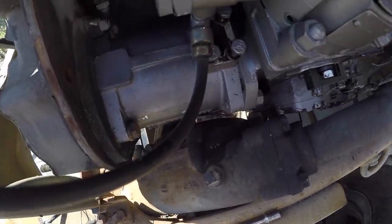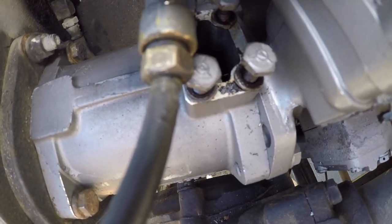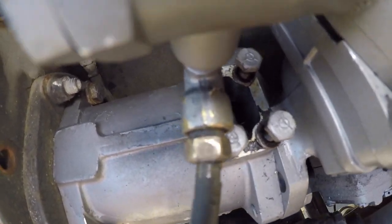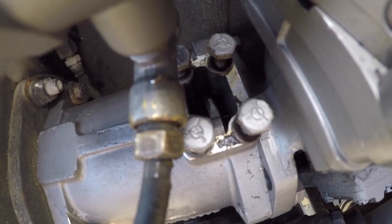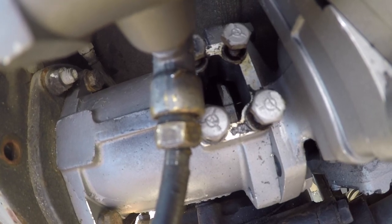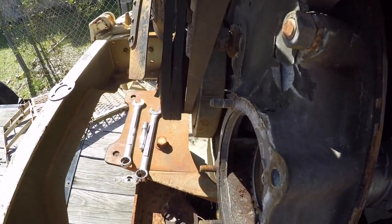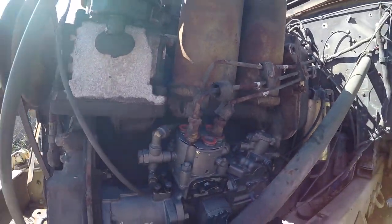Okay, so if you look down in there, hopefully we'll get the light just right. Hold on, give me just a second. And if you can see that pointer, hopefully this comes out, is right on there. So we have that mark on the harmonic balancer, and the last piece of happiness we have to deal with here,